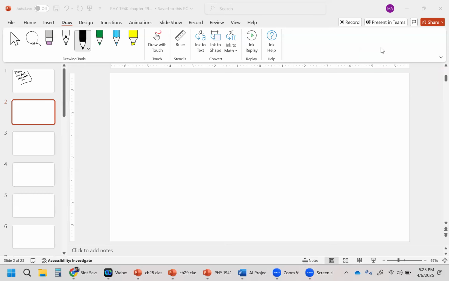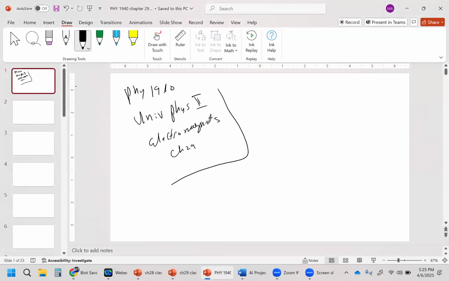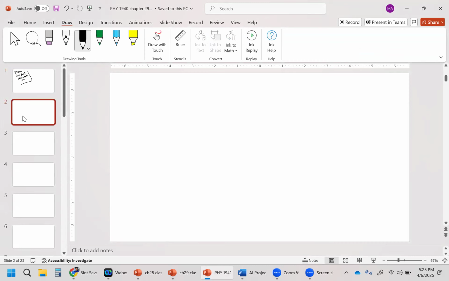Alrighty, let's see. So this is going to be Physics 1940, University Physics 2. We're going to be talking about electromagnetics. It's going to be chapter 29, our Halliday and Resnick book. So we're going to define magnetic force and magnetic forces